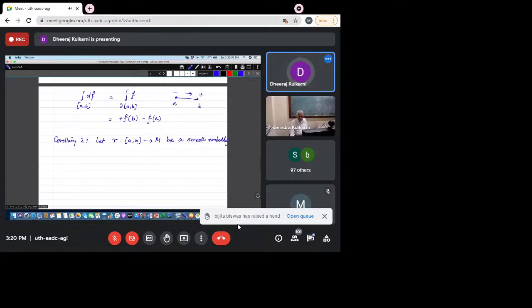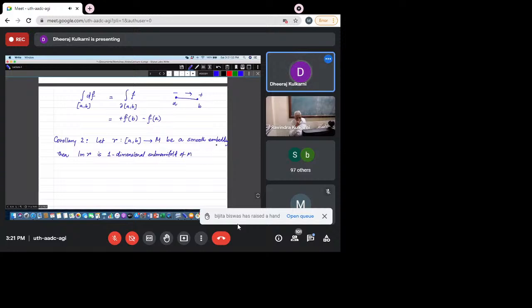Then you have an embedded submanifold, the image of gamma. Then the image of gamma is a one-dimensional submanifold of M,